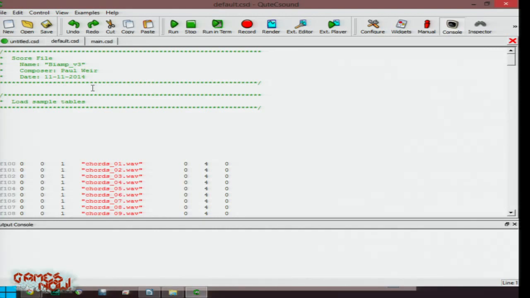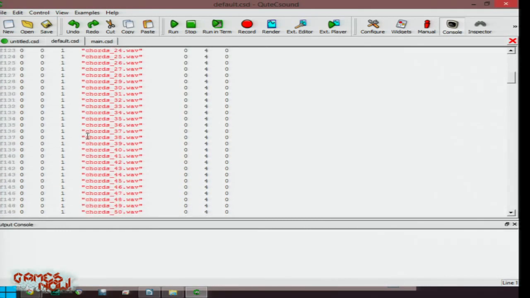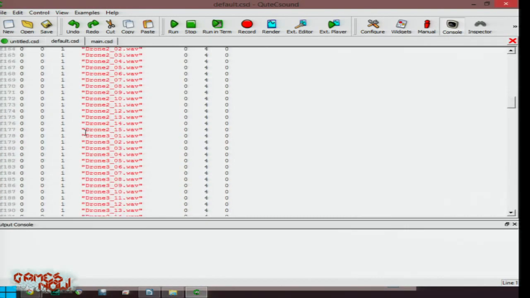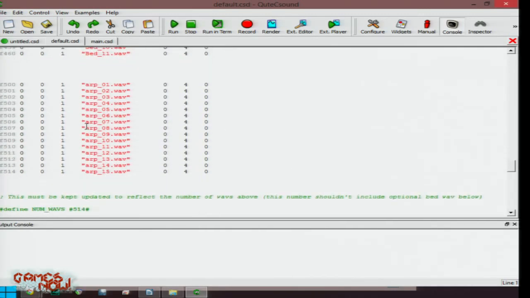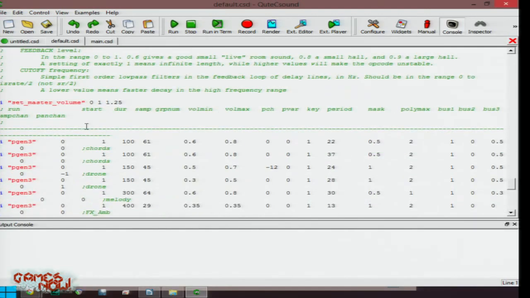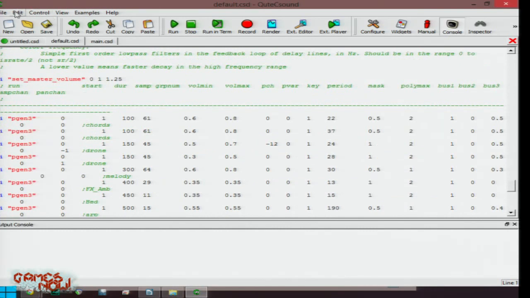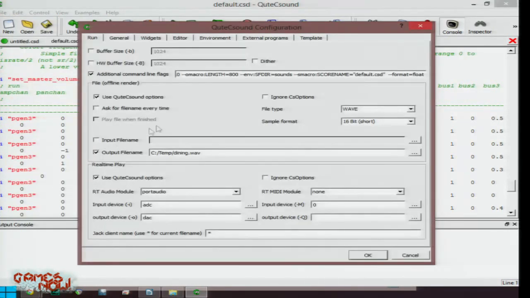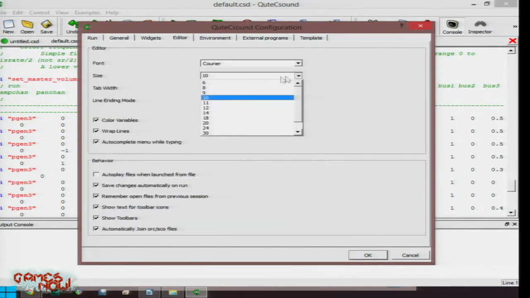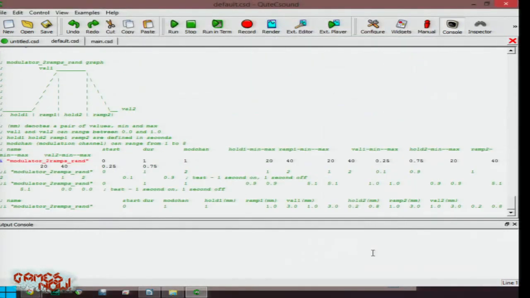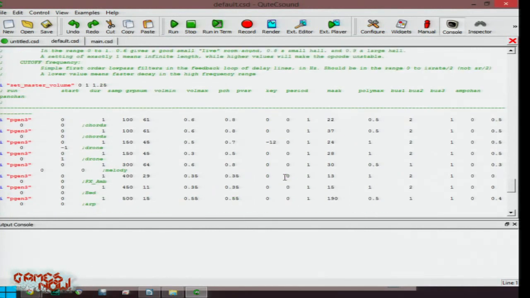And you can actually see, like with my WAV files, I've got a bunch of chords, some drones, and melody, effects, and so on. And then I'm imposing a little bit of logic. It doesn't come across very well on the screen, so let's bring it down a bit, see if that works. No, not really. Anyway, there's a little bit of logic here